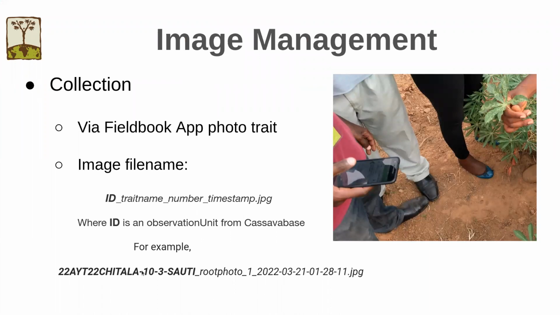So first things first, before you even get images into CassavaBase, the first step is to make sure that collection goes smoothly. The recommended way to collect images is to use the Fieldbook app, and more specifically, the photo trait available in the Fieldbook app. When you take images this way, the Fieldbook app lets you take as many images as you want of a given plot or plant, and then saves the images with a standard file name structure, which you